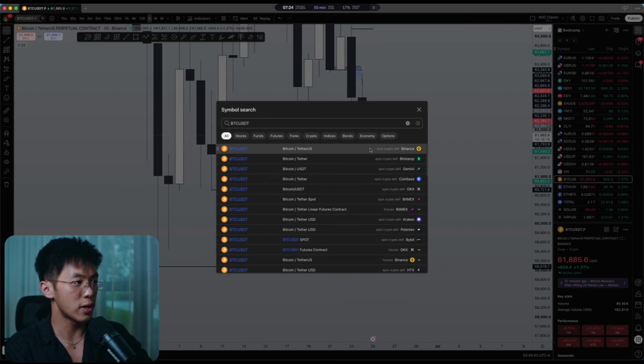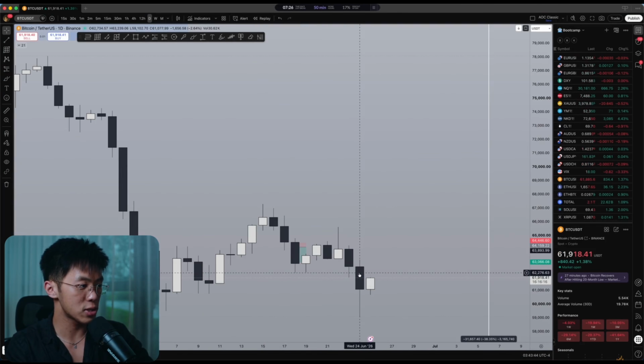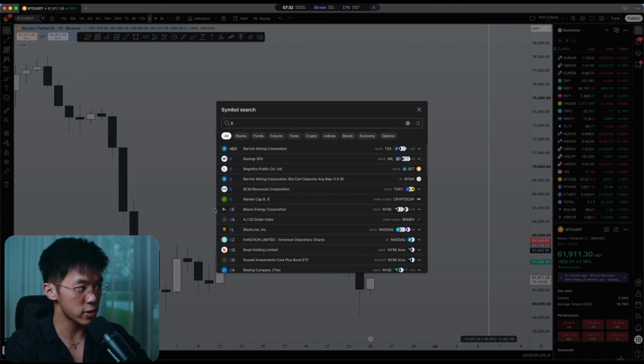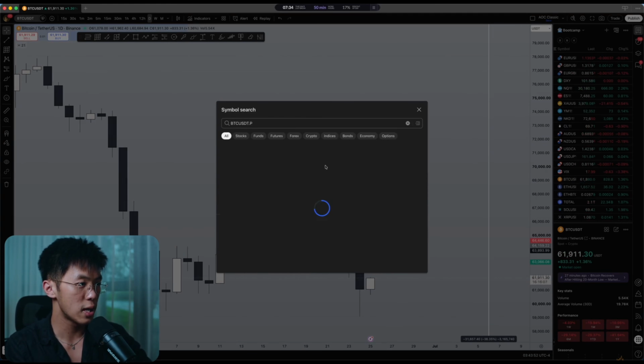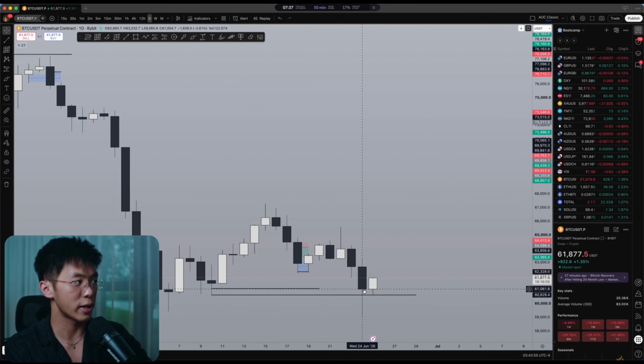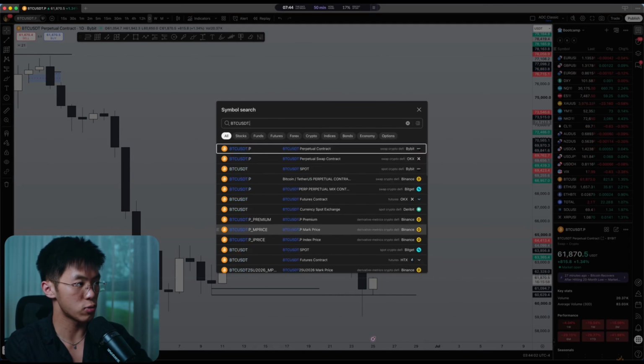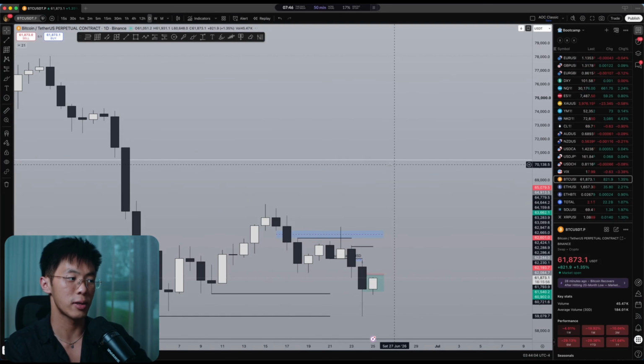Now just to double confirm, I'm going to check it out on Binance Spot as well. That is 59,100 and that is 59,130. So on Binance Spot, this has already been swept out as well. And just to do one last check on the Bybit chart, 59,065, 59,081. So on all of the major charts, the low has already been swept.